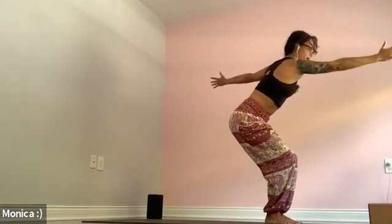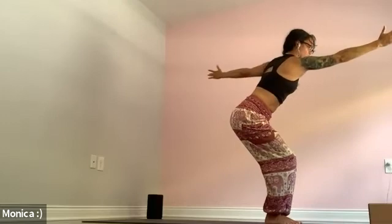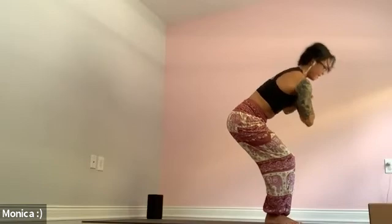Inhale. Exhale, revolve chair. Left arm to the back, right arm reaches forward. You're not squeezing your shoulders onto your back as your hips square forward, but your torso twists. Breathe. Inhaling and exhale. Inhale, bring your hands to prayer heart center. And exhale,